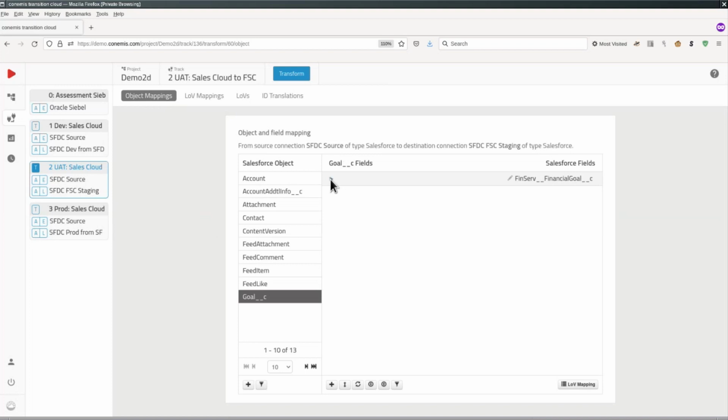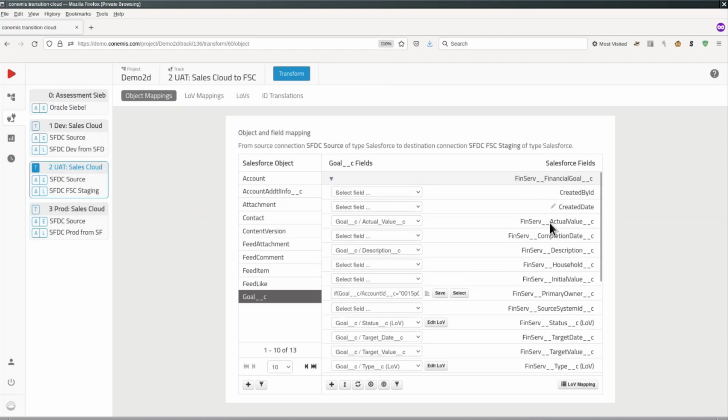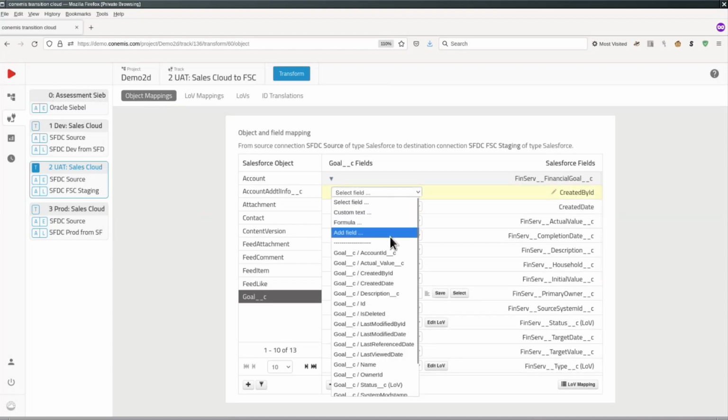And underneath the destination side object, we have the field mapping, again, source left-hand side, destination right-hand side, with the option to map simply a field or a constant value, a constant text, or to use formulas to accommodate the more complex requirements that a transformation project might bring with it. This formula is based on the Excel formula syntax. So for everyone who's already worked with Excel, it's quite easy to achieve good results and quick results after just